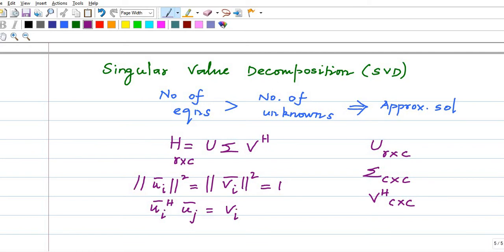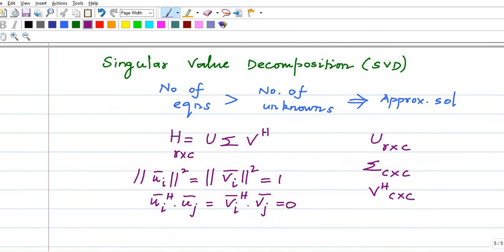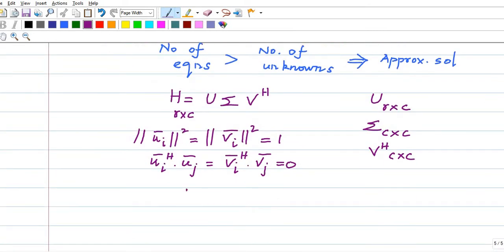Similarly in the V matrix, Vi Hermitian Vj is equal to 0. We'll verify these properties. If you do U Hermitian U, you will get the identity matrix C by C. V Hermitian V is equal to V V Hermitian, which is equal to identity. We'll verify this with an example.